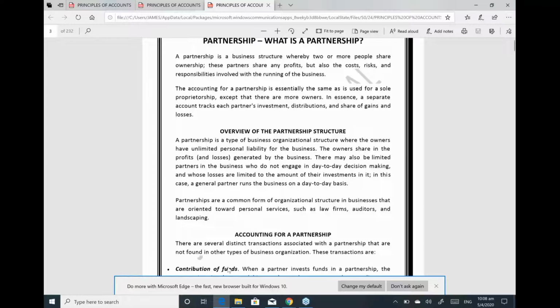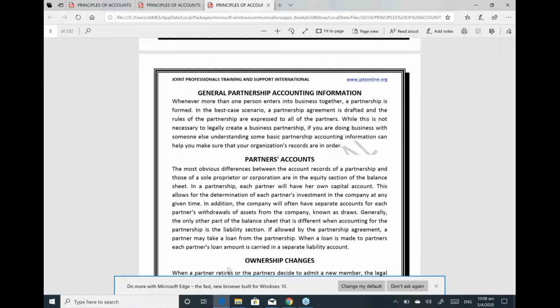Today we are looking at chapter 2 of the Principles of Accounting, and we are looking at the profit and loss account. The profit and loss account comes after your trading account, and this one shows if the organization has made a profit or a loss. So we are looking at the account.